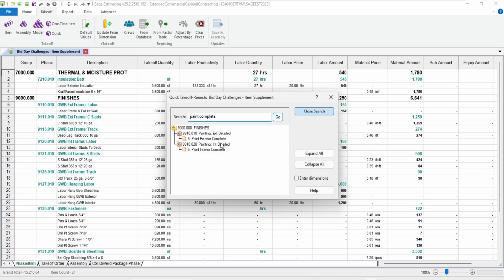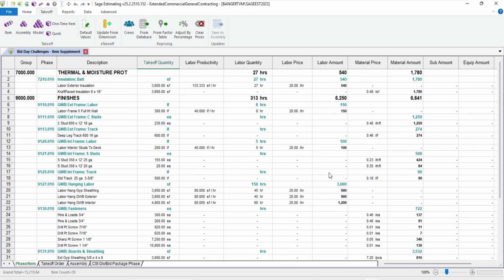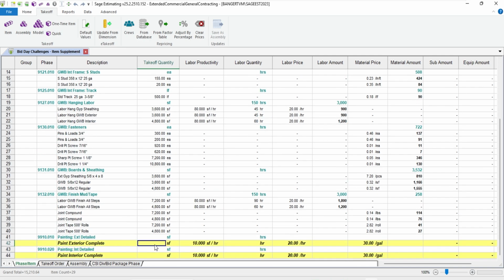And I want both exterior and interior painting. So as I look through my estimate, here's what I've got built out so far. These items are highlighted yellow to catch my attention, that everything else had quantities in dollars and things like that, but these two items were missing some quantities. So exterior walls, I had about 3,600, and let's say that the exterior was going to be 4,800.